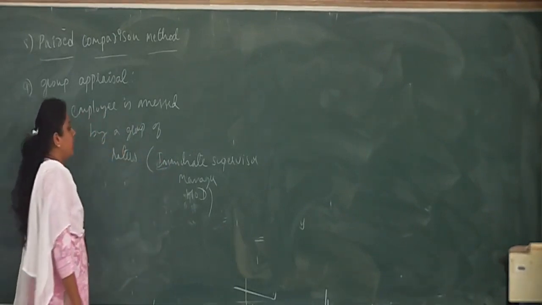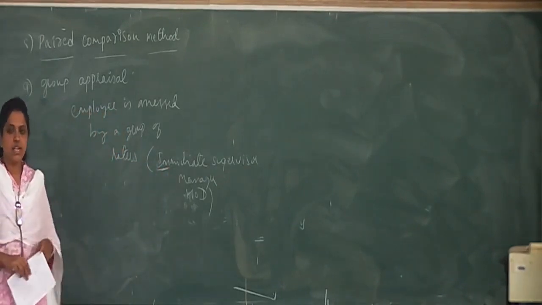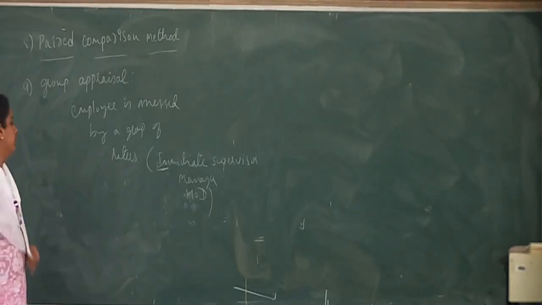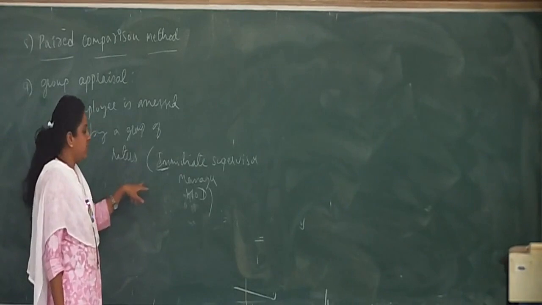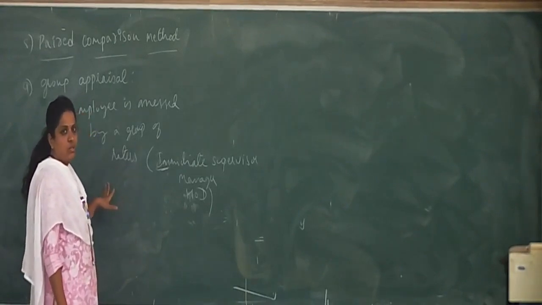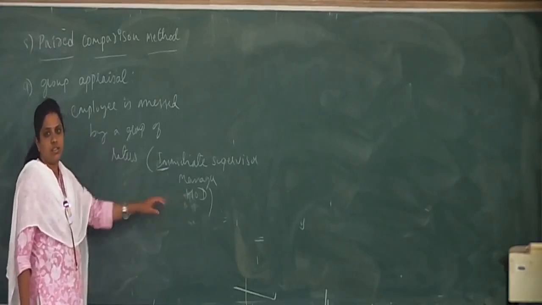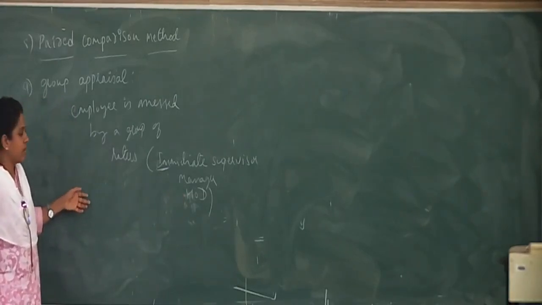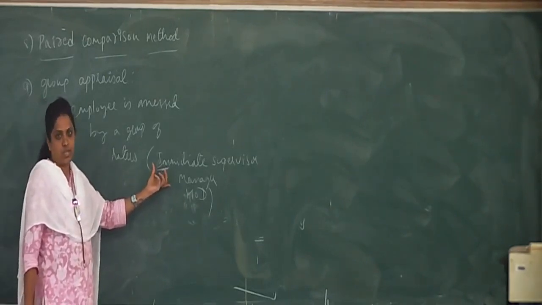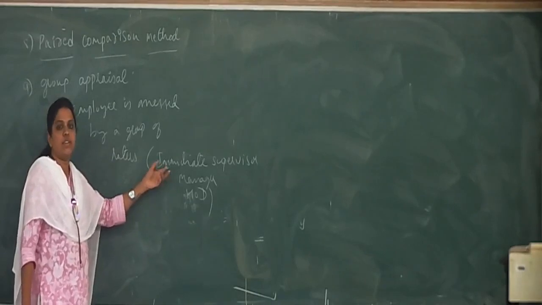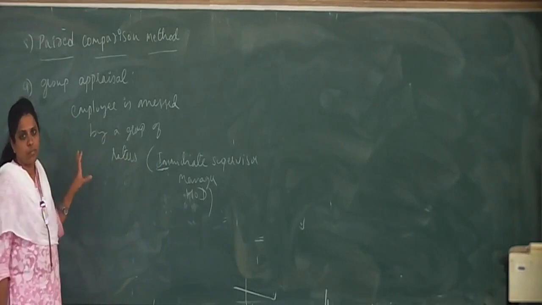Okay, so one advantage of this is that instead of taking the ratings only from one person, that is the immediate supervisor, it's better to involve more people, hence reducing the chances of bias. Okay, so the one thing he might tell, the manager might not agree, because he is biased, he is favoring someone. That cannot happen here in the group appraisal method.